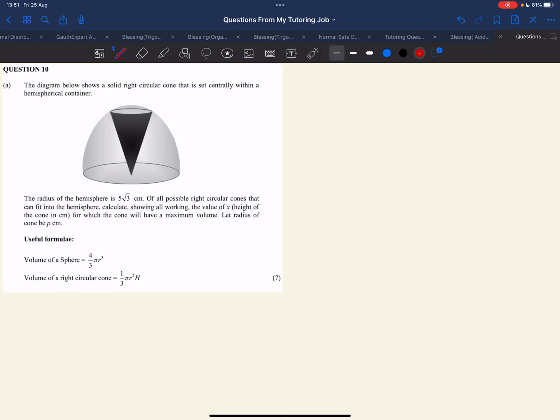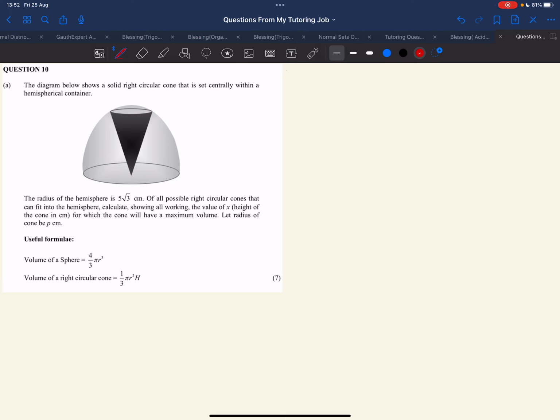Of all possible right circular cones that can fit into the sphere, calculate, showing all working, the value of x, the height of the cone in centimeters, for which the cone will have a maximum volume. Let the radius of the cone be p centimeters, and we are given the formulas: volume of a sphere is 4 over 3 pi r cubed, volume of a right circular cone equals 1 over 3 pi r squared times